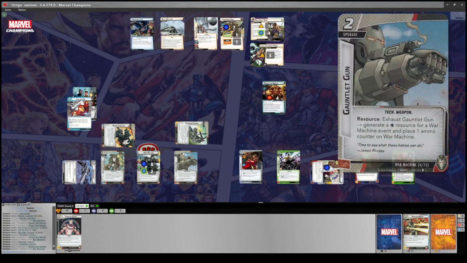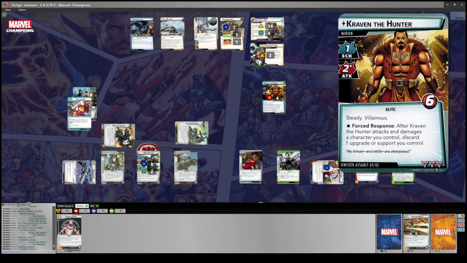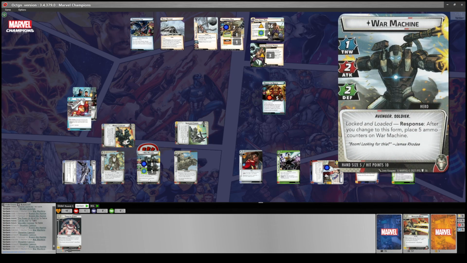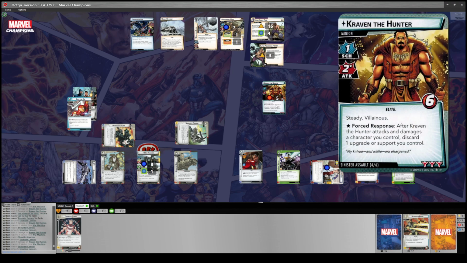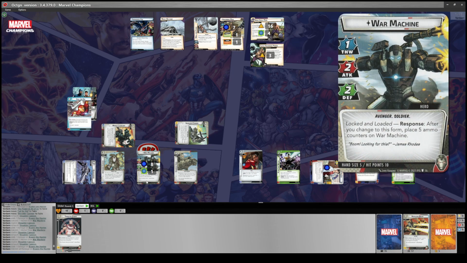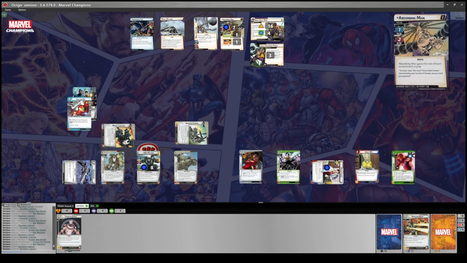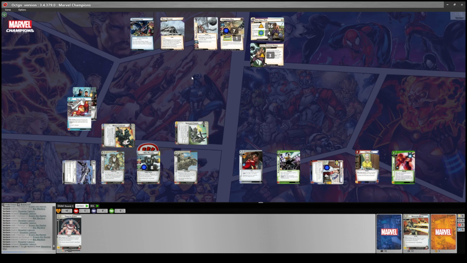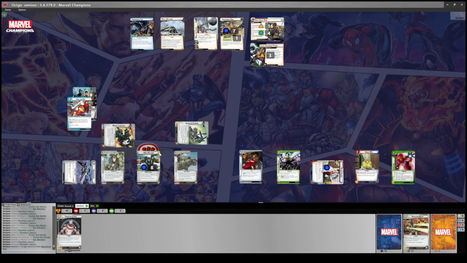I'll remove another ammo to ready it. I'll attack again. I'll remove another token to ready it. I'll attack again. That's 6 on him. He's gone. I'll spend my last ammo counter to ready shoulder cannon and do 1 damage to the tough. Good. Then I'll use the...